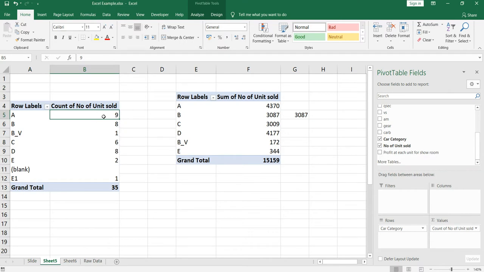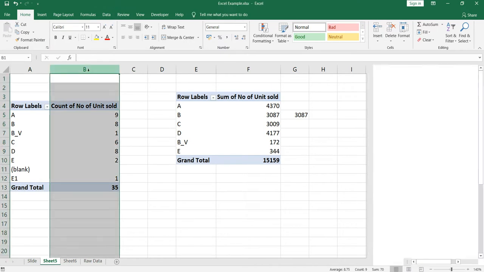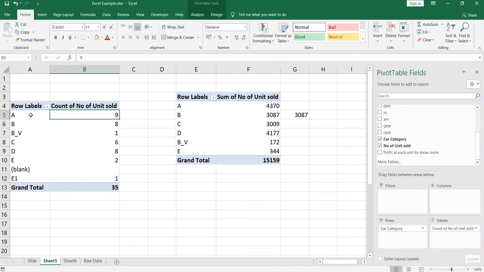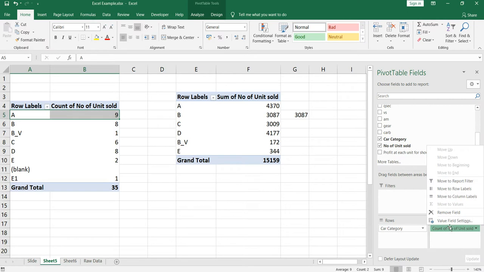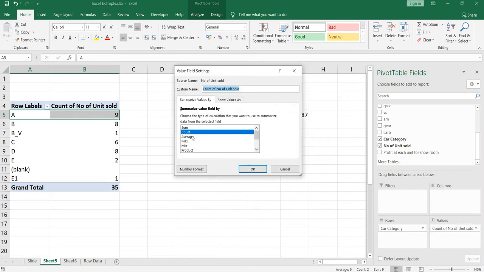So this is not showing you the count of units sold. This column currently is showing you how many times category A is appearing in your data set. Although you have used number of units sold in values, for summarization you have used count. The second option here for us is average.